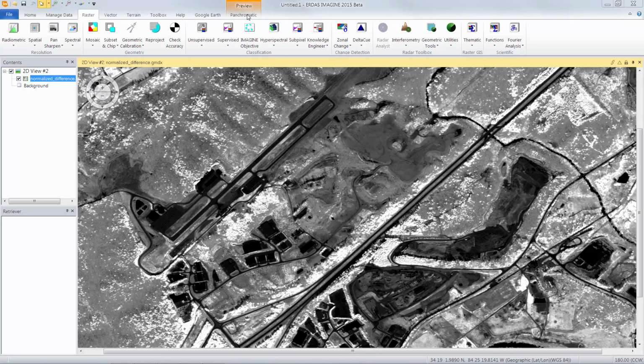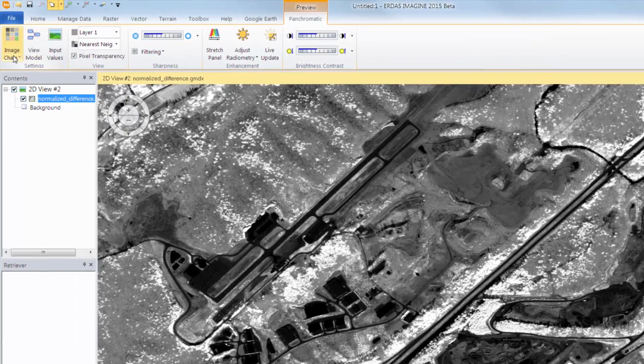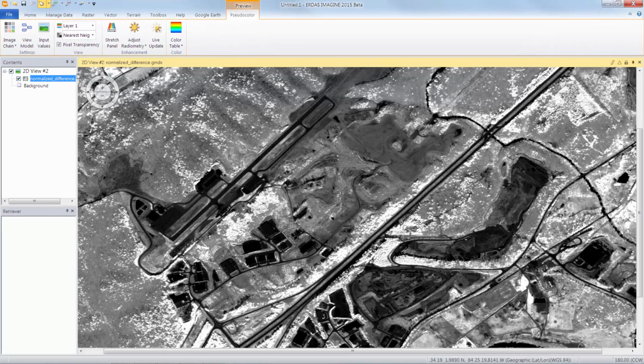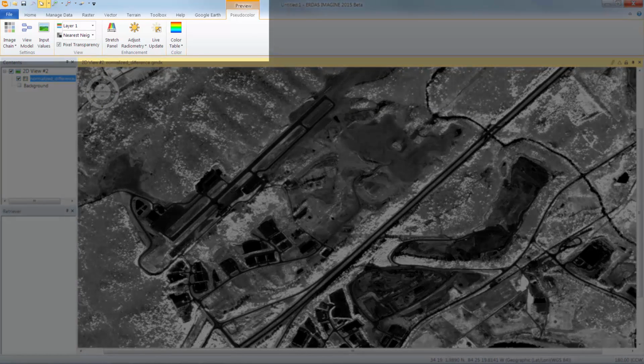Without needing to reopen or restart the NDVI processing, I can go to the Panchromatic tab and click the Image Chain button. This presents a gallery of image chain display modes to quickly choose from. To apply a color ramp to continuous data such as an NDVI image, we can select the Pseudocolor image chain. The Panchromatic tab has been updated to the Pseudocolor tab and provides a new set of tools for this type